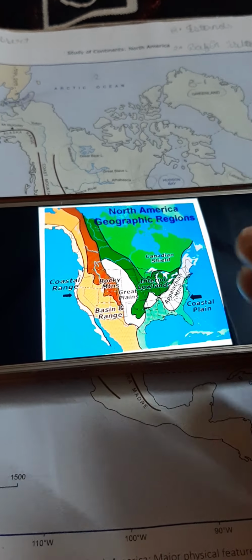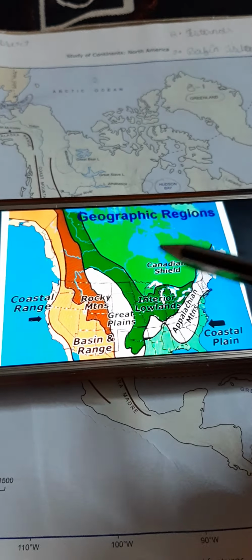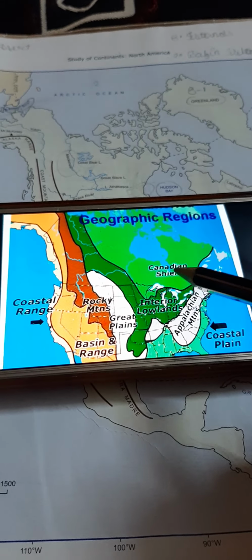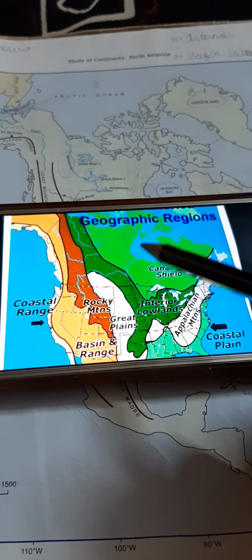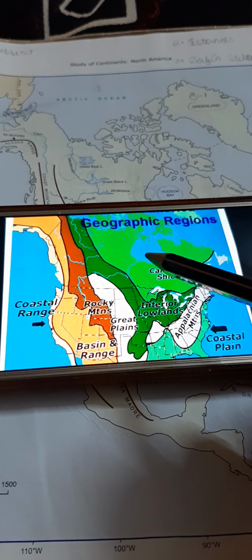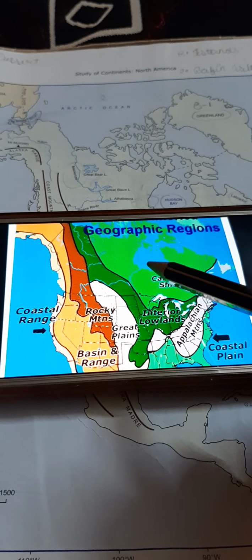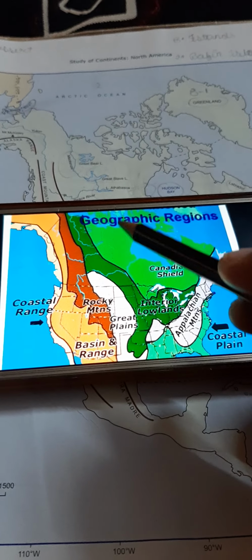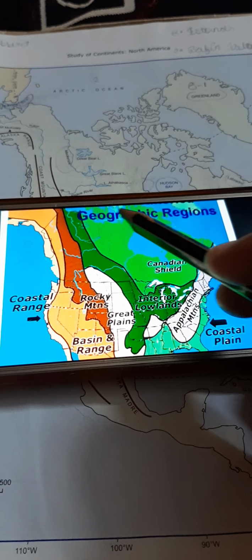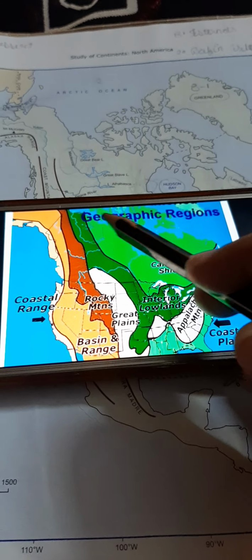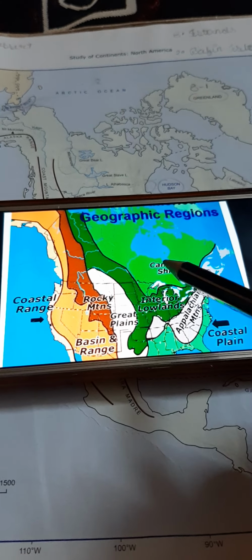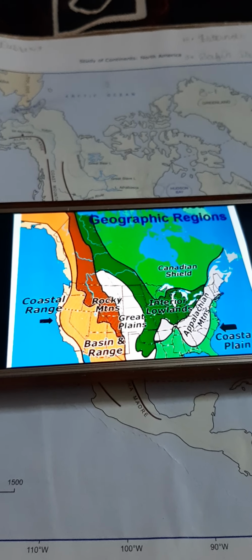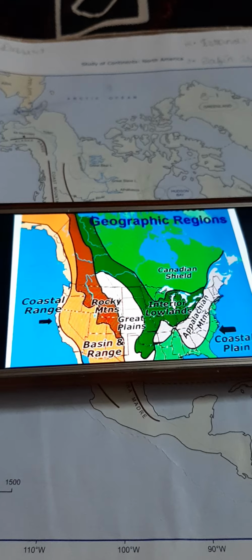One more map I'm showing you. This is North America, and this light green color part, the extreme northern part of North America, surrounding Hudson Bay, is the Canadian Shield part. You can check these small islands in the north, they also come under the Canadian Shield area. So this is the exact location of the Canadian Shield. I hope now you have no doubt about the location.